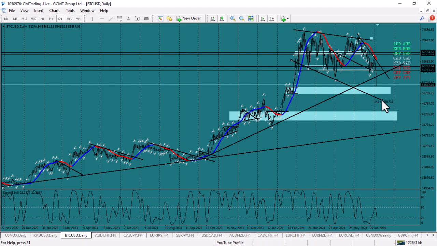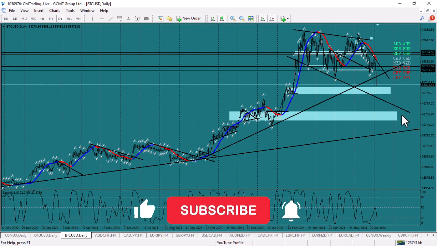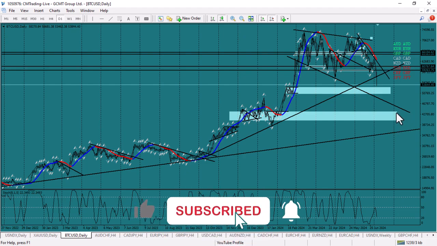So 50,000, this area should be the next stop. Beyond that, if you combine now these, I had a different trend line. I moved it this morning to pick up these 2 levels here now. Okay, so that could come in here at even as low as 40,000. Well, it's Bitcoin at a discount.